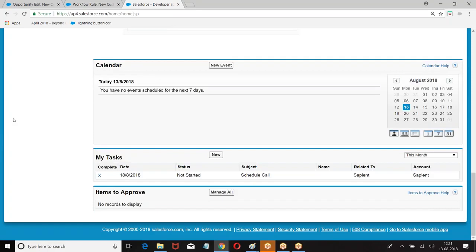So when a rule is met, when a condition is met, when evaluation criteria is met, then perform the action, which is called a workflow. On an object, when an evaluation criteria is met, check the rule. When the rule is met, check immediate or time dependent and perform the action. Are you clear about this?